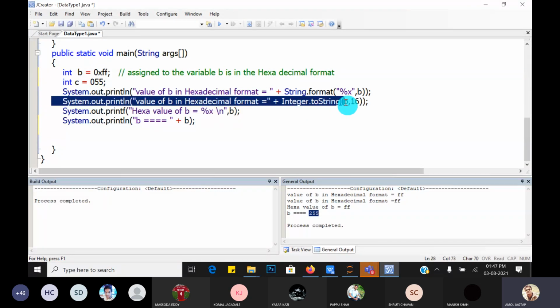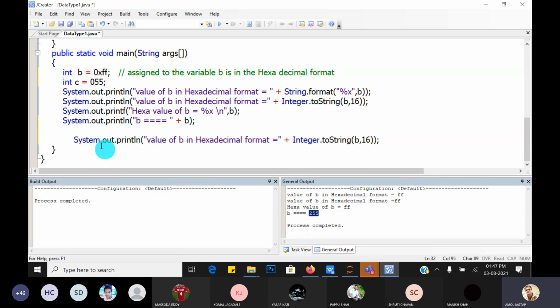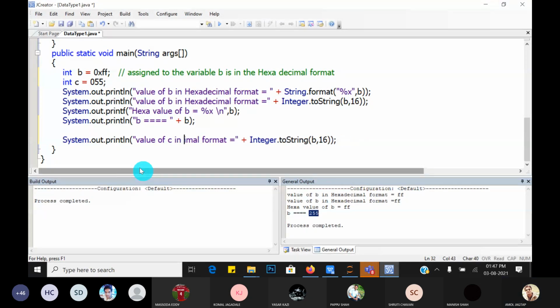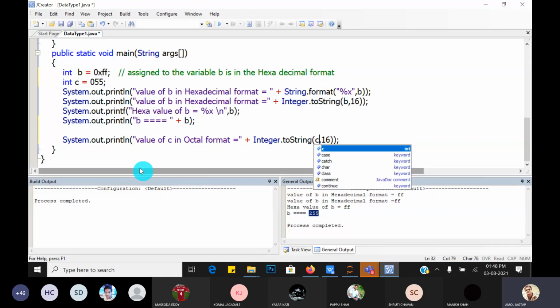Okay, suppose this is the toString method. Use that toString method: System.out.println, "value of c in octal format" is equal to Integer.toString, then first the name of the variable. What is the name of the variable? c is the name of the variable. And which format do we want to display?